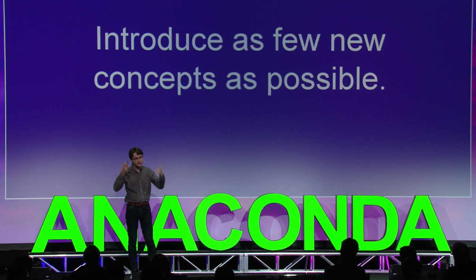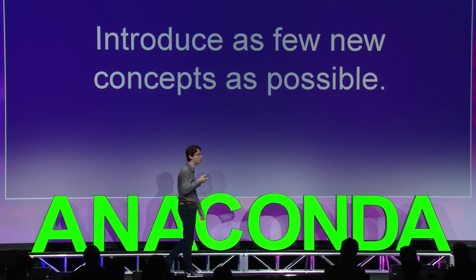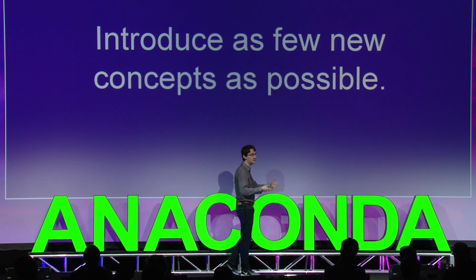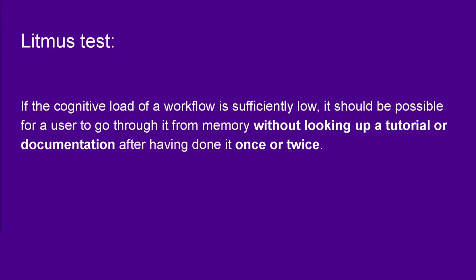And it does not involve new ideas. So it stays very close to the mental models that would have been used by domain experts. For instance, if you're writing a deep learning library, the mental models that are necessary to use your software should be mental models from the field of deep learning and data science. You should seek to avoid introducing brand new implementation-specific concepts, like graphs, for instance, and sessions. And there's a litmus test that you can use if you want to know whether you've done a good job designing a library.